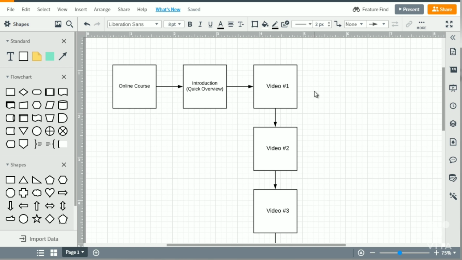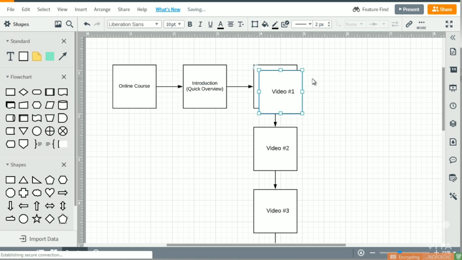And what I want to do now is get a better view of how can I make this more engaging? Perhaps what are areas that people are confused about? And how can I improve my students' success rate? So obviously, if you have your online course, you're very passionate about your course and you're very passionate about helping your students. So once you have that, you can figure out, okay, we're going to go through here. We got the online course, we got the introduction, the quick overview, and they have video number 1. And let's say video number 1,